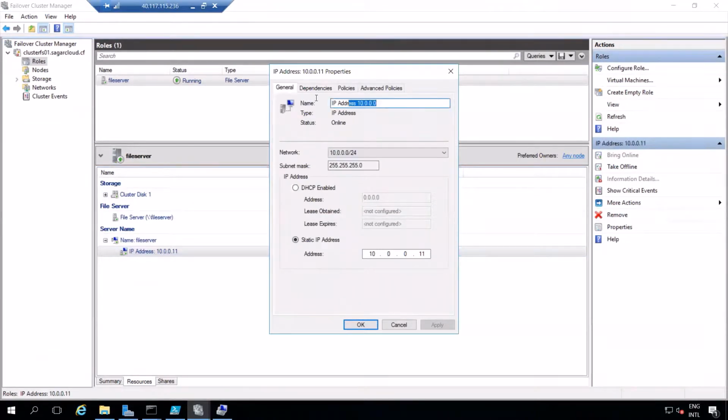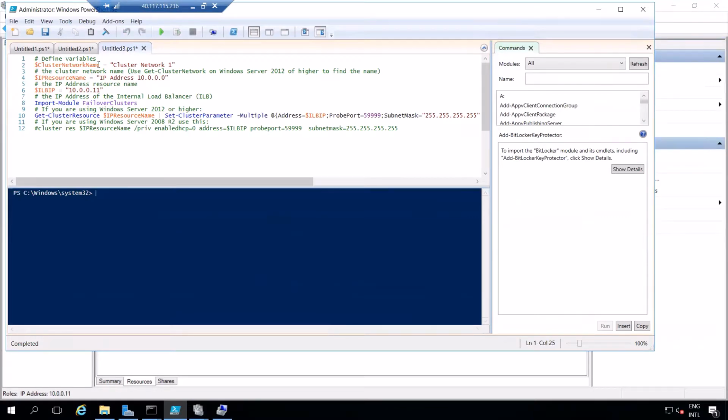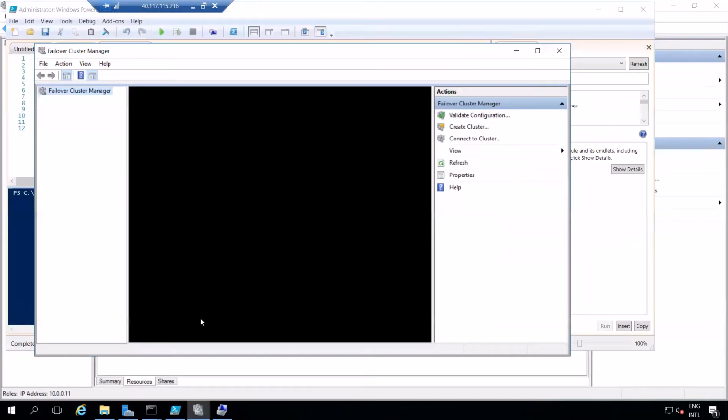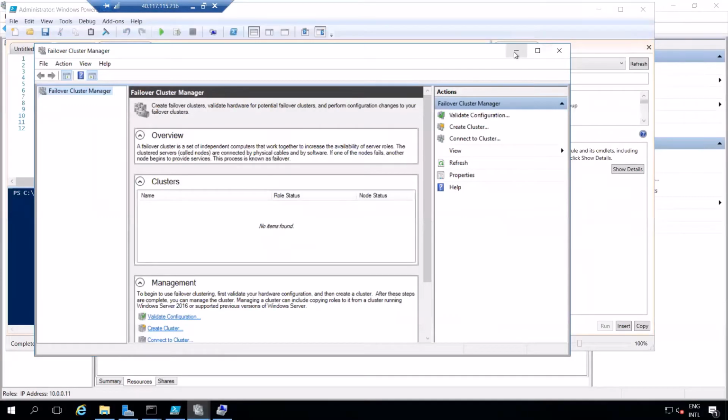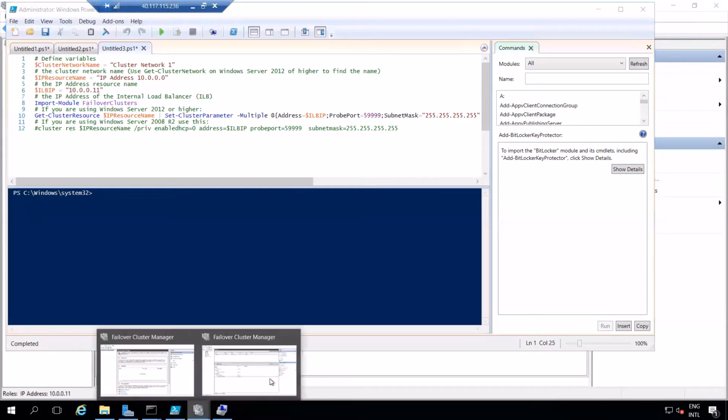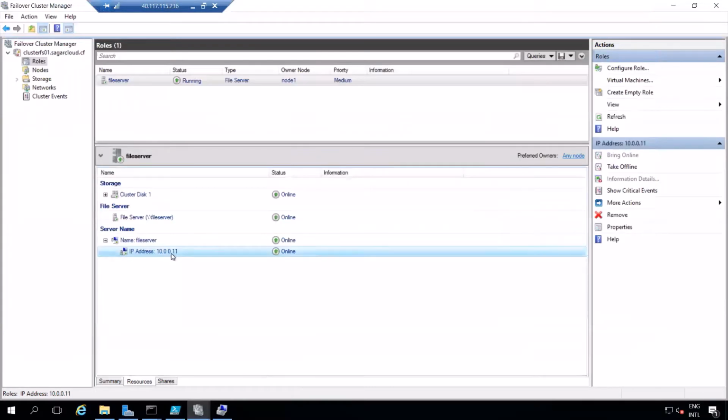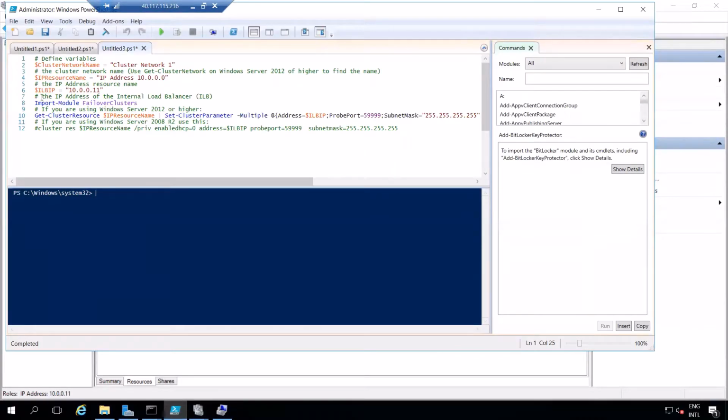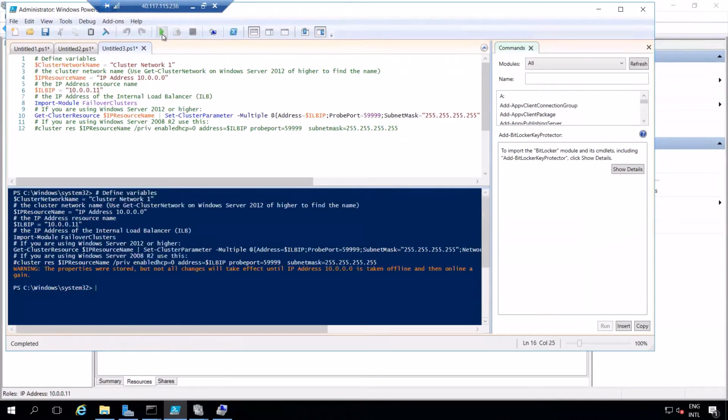This is my cluster network name, cluster network 1, and the IP resource name I have taken from here. The next one is the LB IP, which I got from the LB setup. I have already taken it, I just need to execute it.